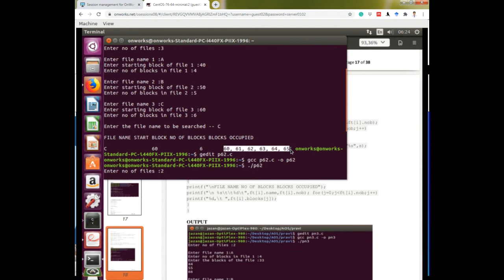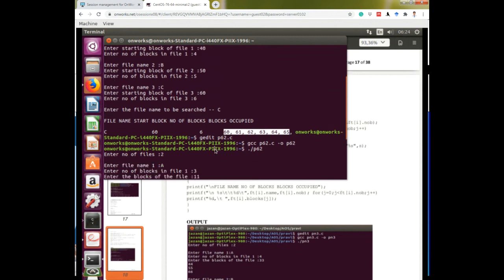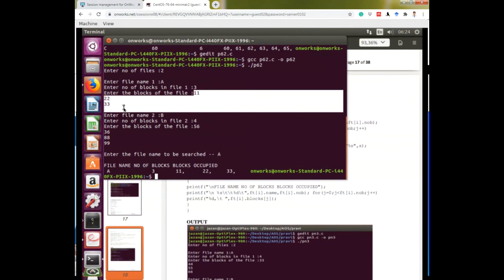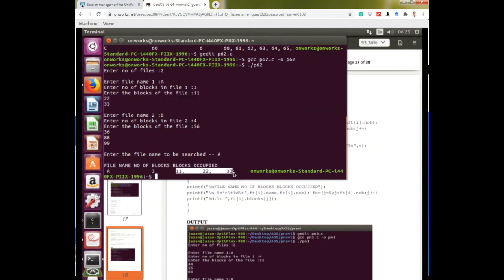But in this new program, program 6.2, it takes the same blocks that you type. Let's say here you type 11, 22, 33. So it takes the same blocks here. Okay, now students, any problem? Understand?